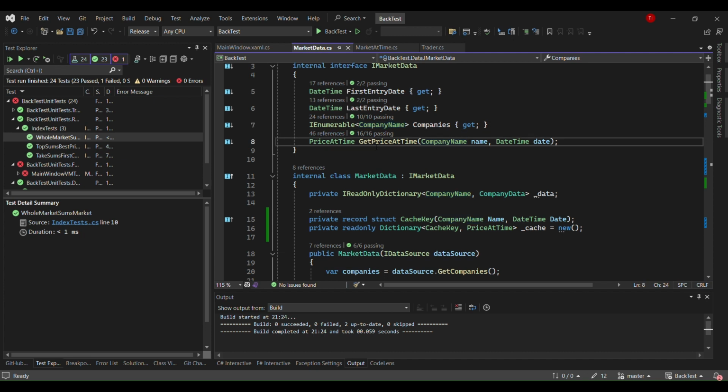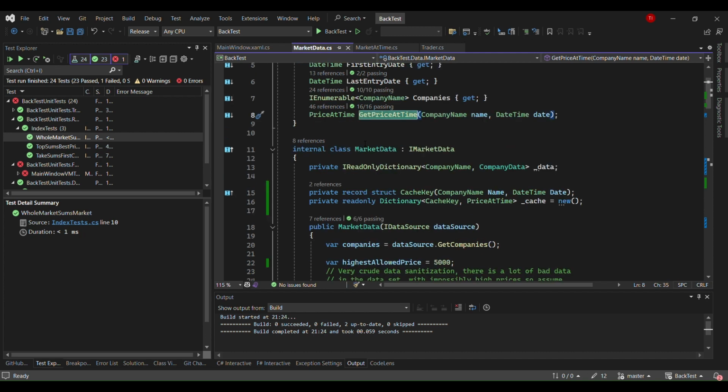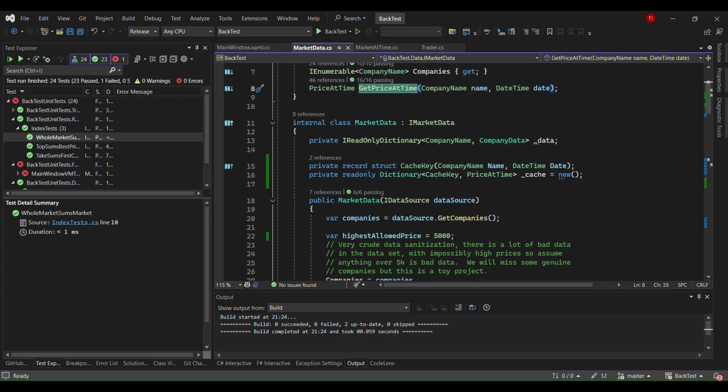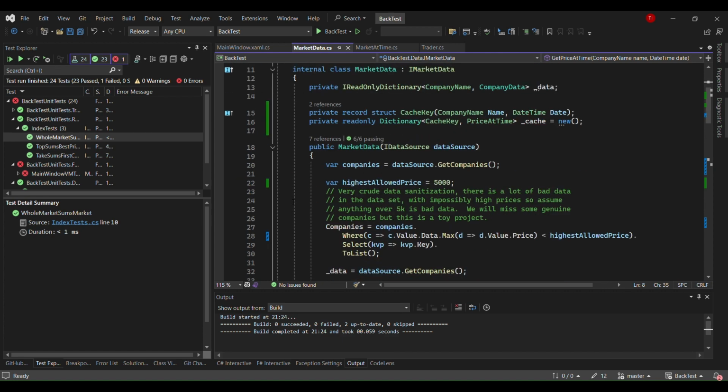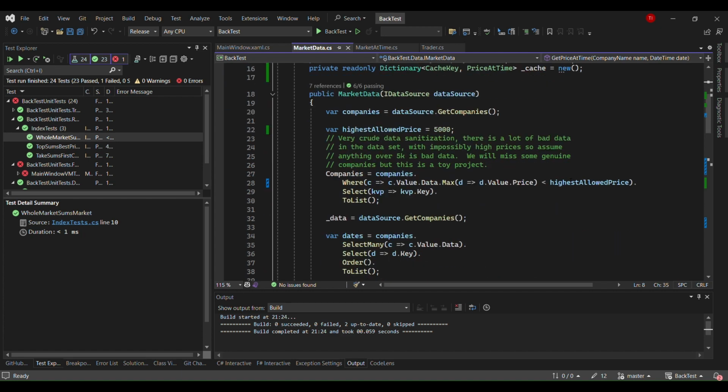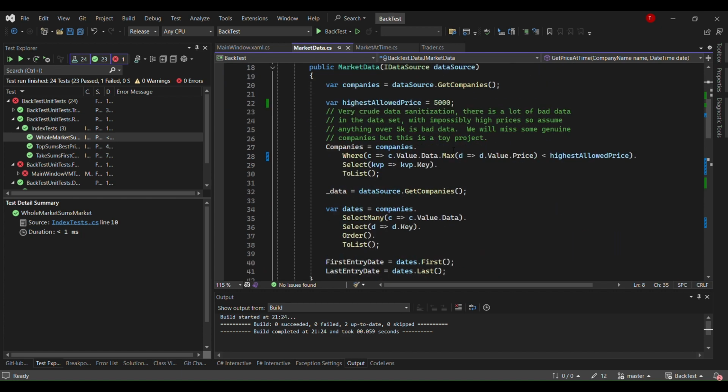And then the key piece of all of this is the function GetPriceAtTime. You give it a name and date, and it will return the price. In the implementation itself, we're not going to talk about it very much. We have some caching going on for the sake of performance. The only thing that's really worth talking about here is this where statement, which, as the comment mentions,